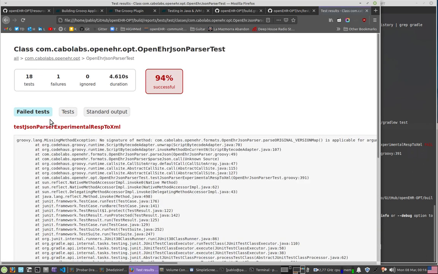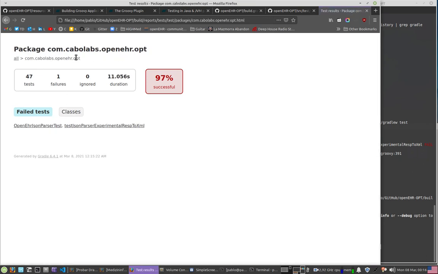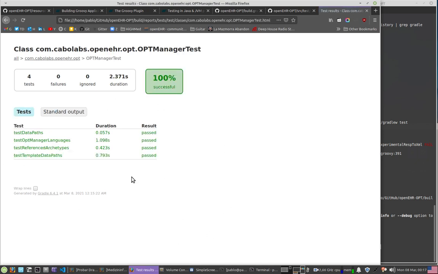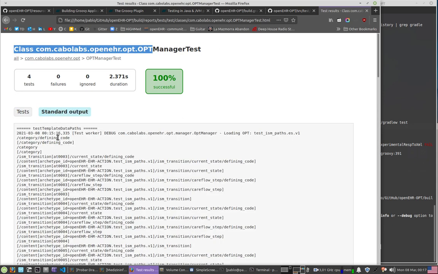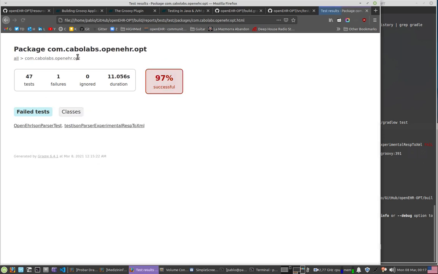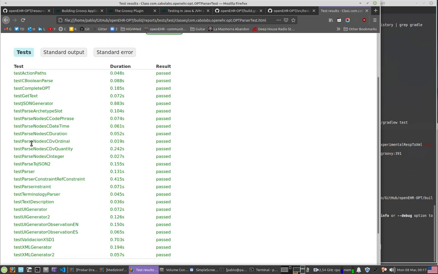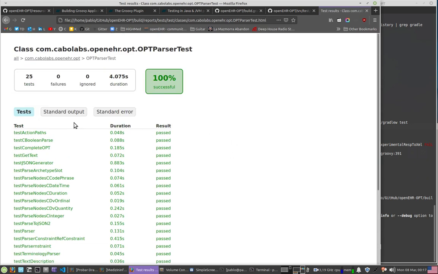I can go back to this. I can go to the classes. So this is very nice. And these are the classes inside this package. So these are also the successful cases, other classes that contain some test cases. This class contains these 4 test cases, all pass, and you can see the output here. And if we go to the other one that has a lot of tests, it's also passing, and